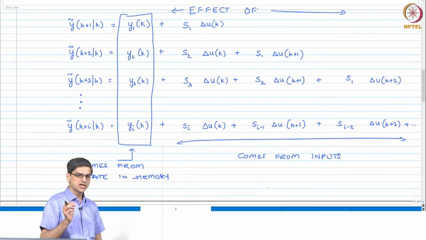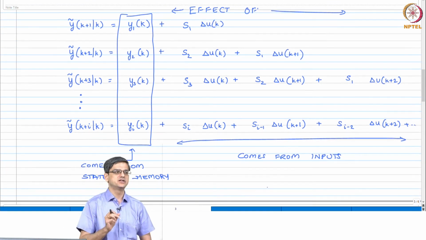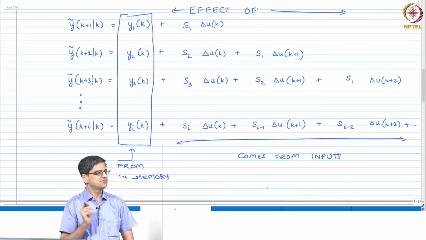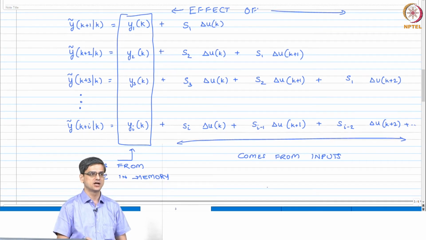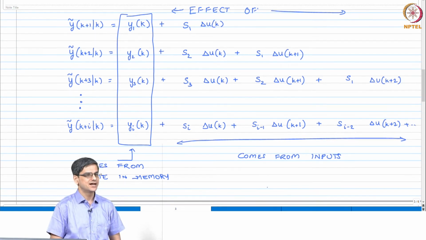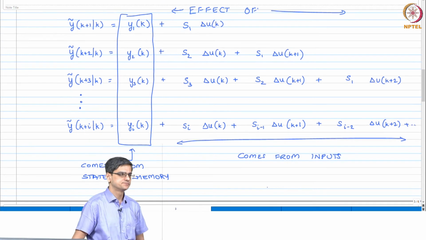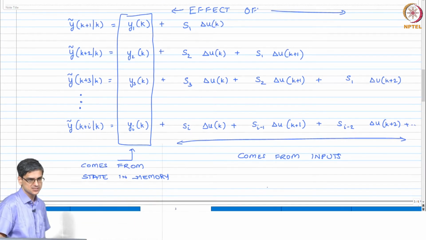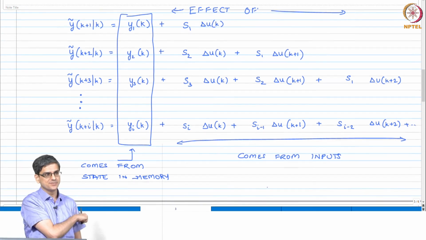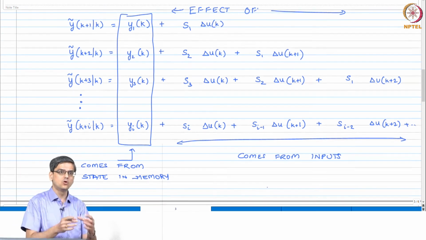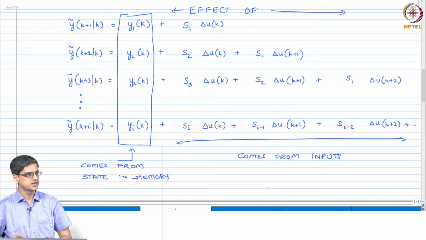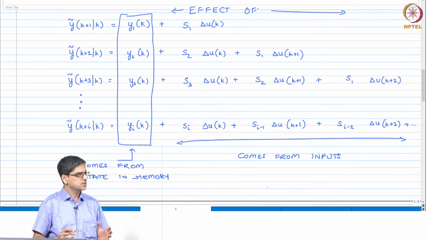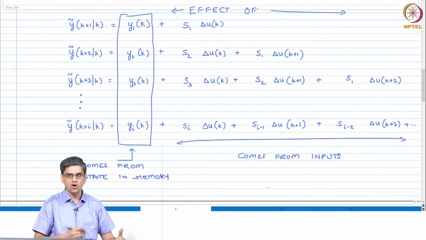Okay, and the trick to working with vectors and matrices is to almost treat them as scalars, do your thing, and then look at whether or not they are commutative under multiplication and addition, subtraction. That works in 90% of the cases. There would be exceptions, and one of the exceptions I talked about 2 lectures back, but in 90% of the cases treat S1, S2, S3 as if they are scalars, treat delta u k plus 1 as scalars, set up that matrix and then recheck whether all your dimensions work.